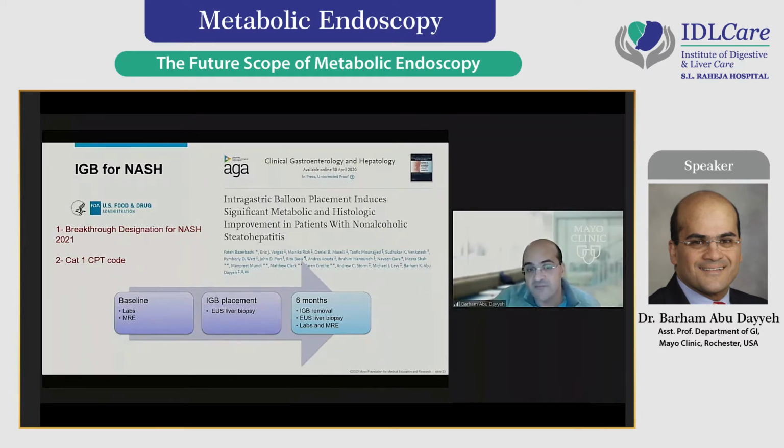And this is a recent development that, based on work we've done with the intragastric balloon and the metabolic and histological improvement in patients with non-alcoholic fatty liver disease, the FDA issued a breakthrough designation of the balloon for the treatment of NASH. And the collective work from the global community and the US trials led to a Category 1 CPT code in the United States, paving the way for reliable reimbursement for these devices, which is a milestone to celebrate collectively as a field, because we know that there are a lot of technologies that have been there for 20 years without having this pathway to market.